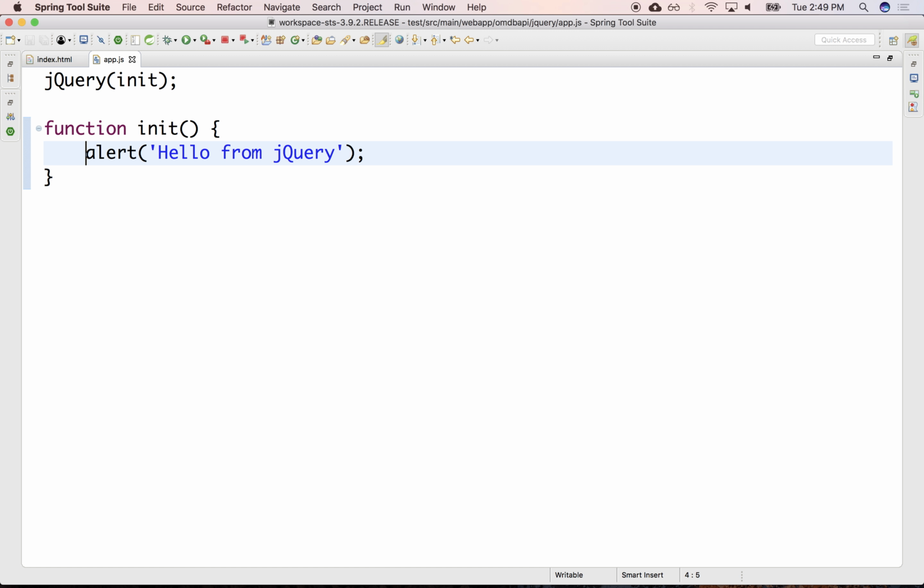What we would like to be able to do is, instead of an alert, we could do a console log. Console log allows us to write the same content, but not as an alert box. It allows us to write to the debugging console. And if we run that,